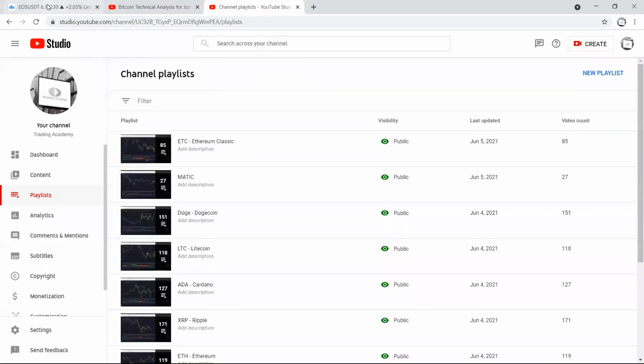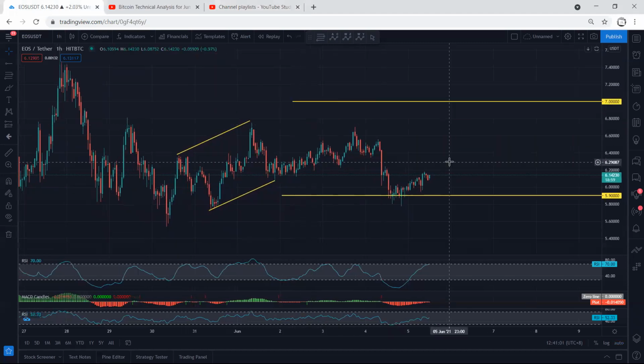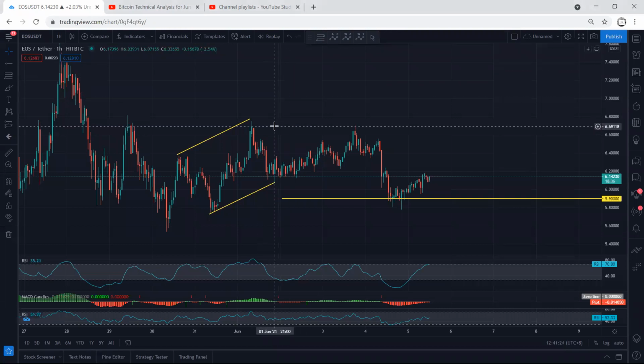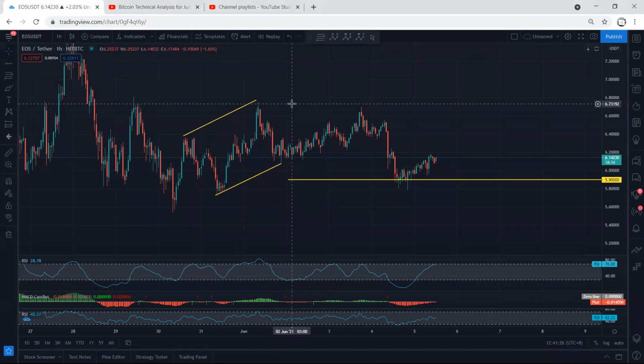Okay, and in this case, we move to the 1 hour chart. If we refer to our analysis in my last video, we have been looking for the price to break the previous top. We mentioned if the price breaks the previous top, mostly we can expect the price to drop. And even we mentioned the highest price we can get after the breakout of the previous top, we can look for 7. As we can see, the price almost got near the previous top, but without breaking it,